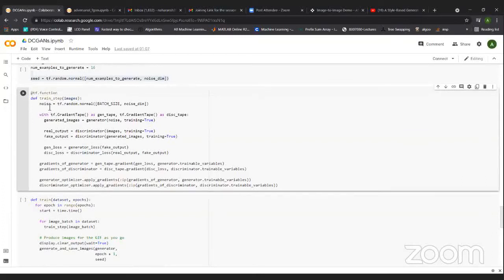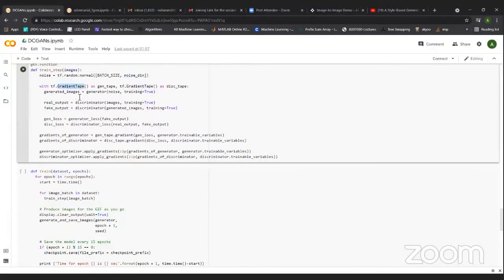Okay. So this is a noise vector, tf.random.normal. So we are taking values from the normal distribution. The batch size will be, I already told you, and the noise dimension I will be taking is 100. So we will get a matrix of noise. So a gradient tape helps you to auto-differentiate the gradients. Okay. So we do need to have different gradients for the generator as well as for the discriminator.